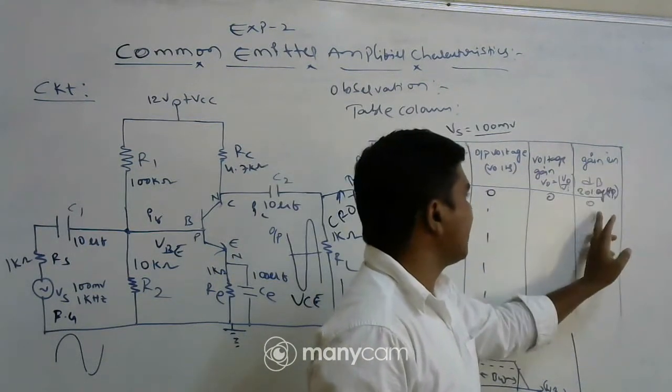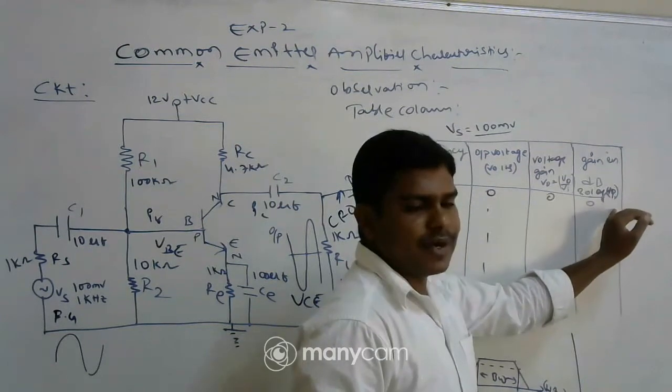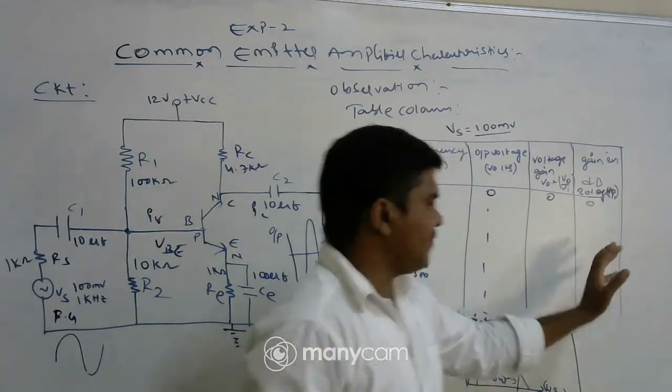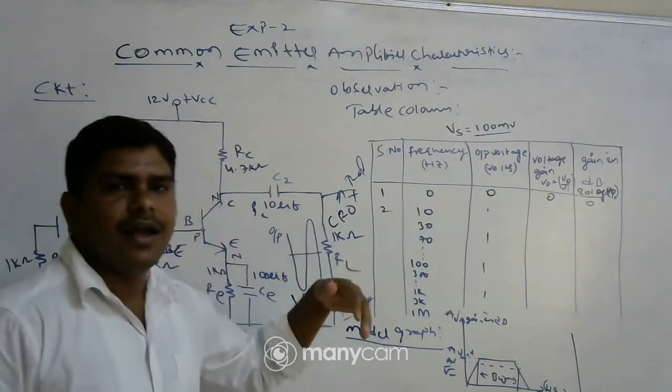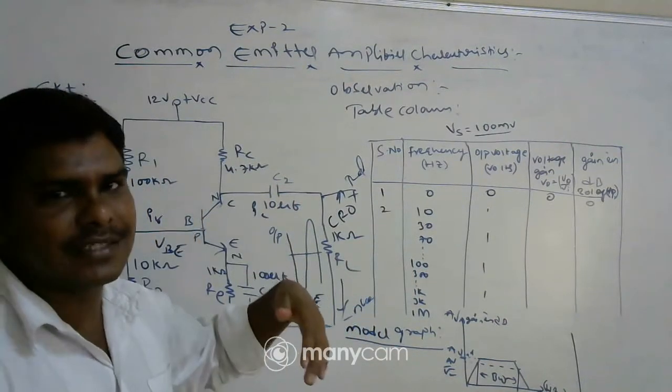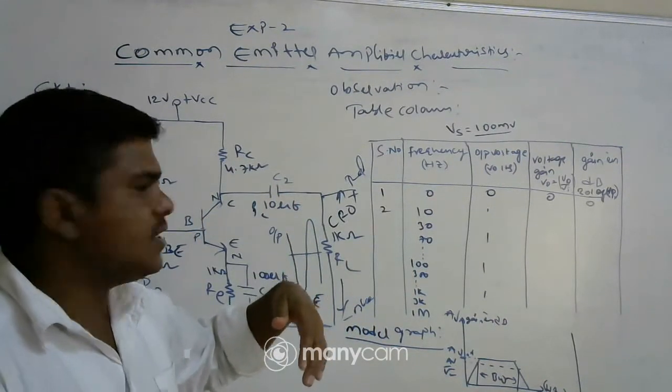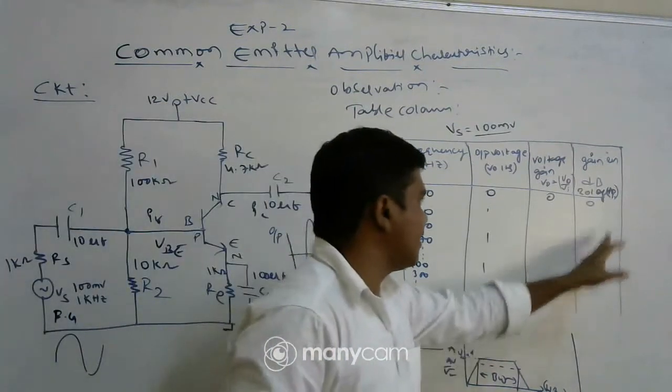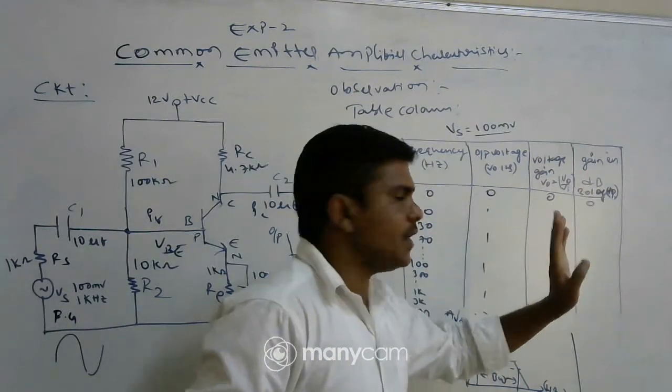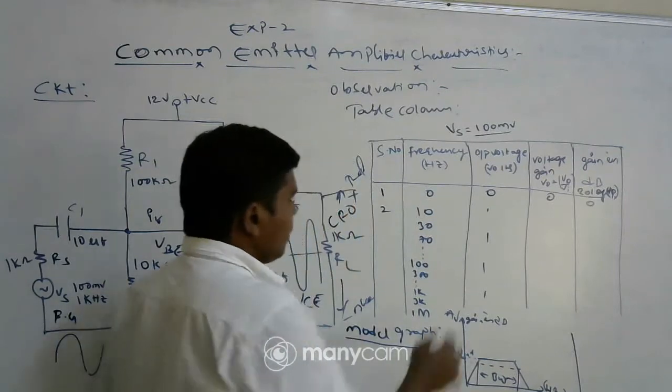Then this gain should be in dB, which means we have to calculate the power gain. We calculate the power gain as, suppose, 20 log of the gain in dB, because we are seeing how much the audio signal amplitude increases. The audio signal unit is dB, that's why we need to calculate the gain in dB. So this is an observation.